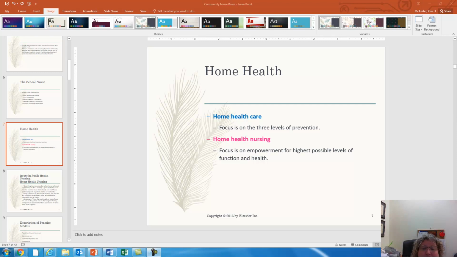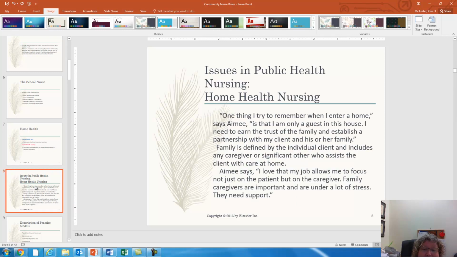Continuing on with our discussion about home health and the roles of nursing, let's look at home health. Home health care looks at the 3 levels of prevention, and home health nursing focuses on empowering patients and their loved ones to get to the highest possible level of function and health. And here we have a statement by a nurse that just talks about when you go into a patient's home